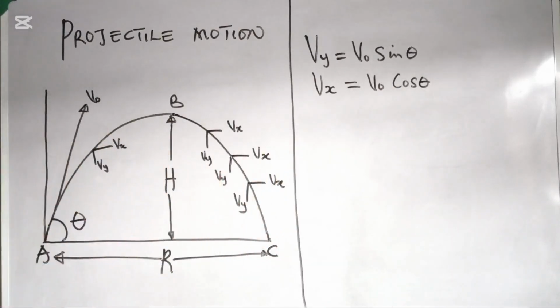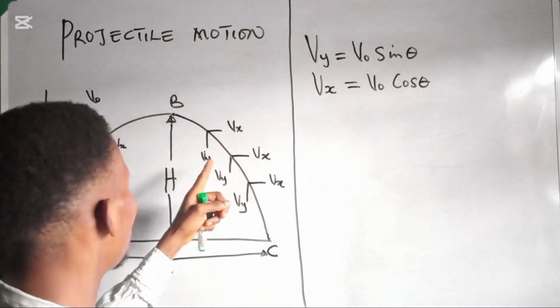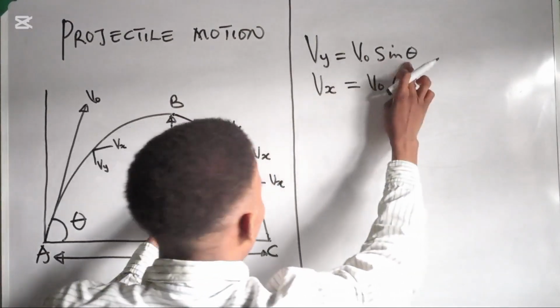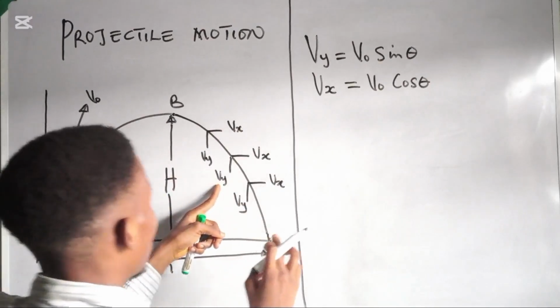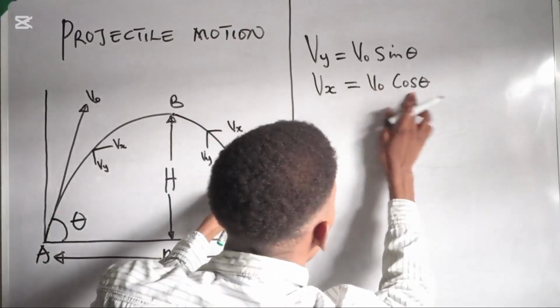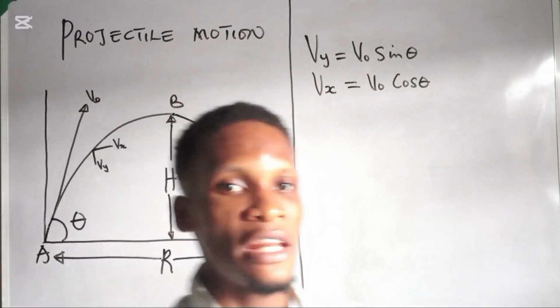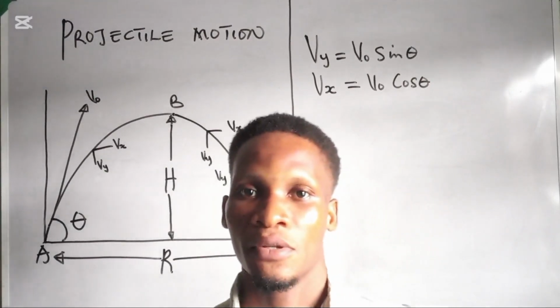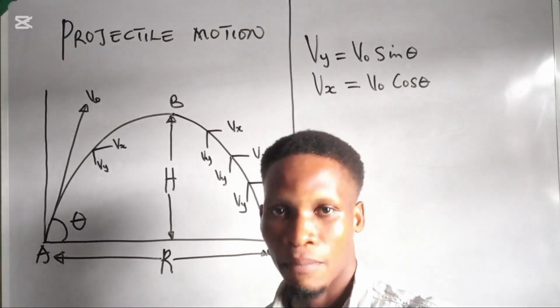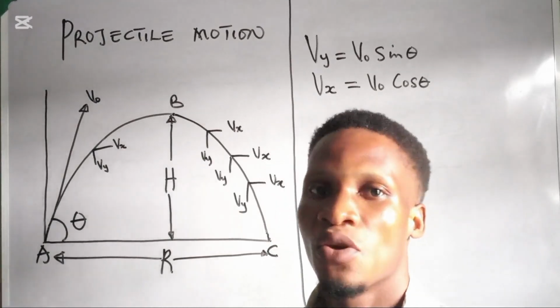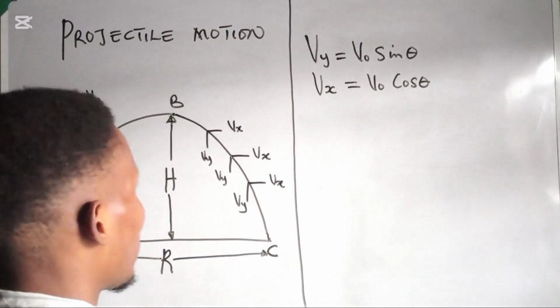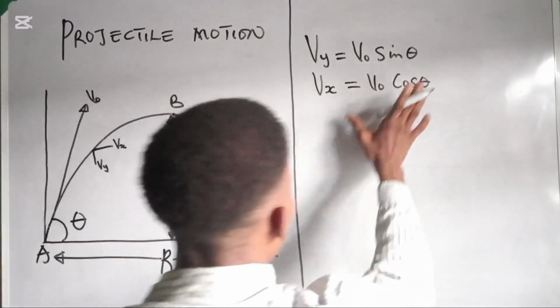Please, I know you may be confused. How am I saying that Vy is V naught sine theta and Vx is V naught cos theta? I'm going to explain in detail what I mean by this, so that whenever you are explaining to another person, you'll be able to make it understandable to the person you're teaching. So what I mean is this: